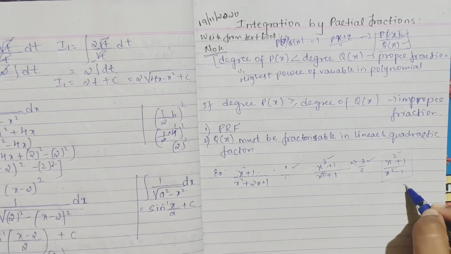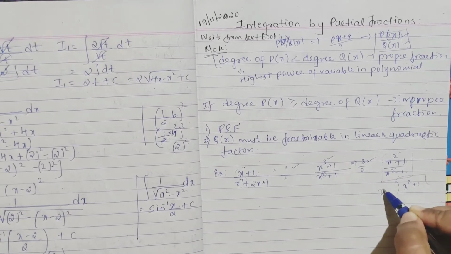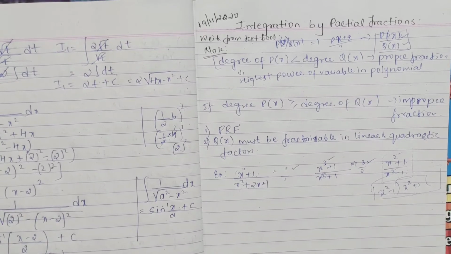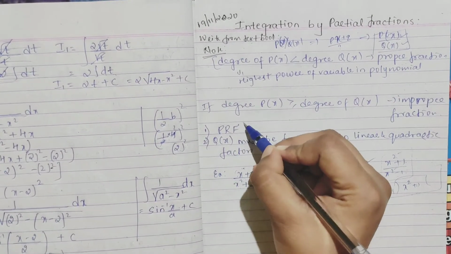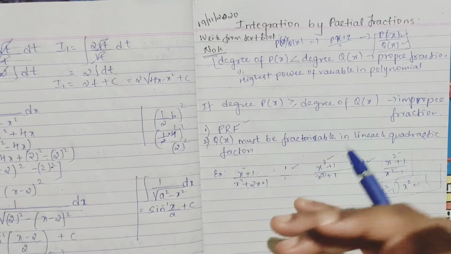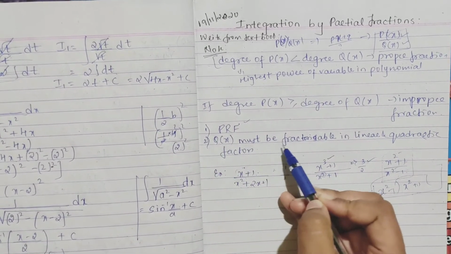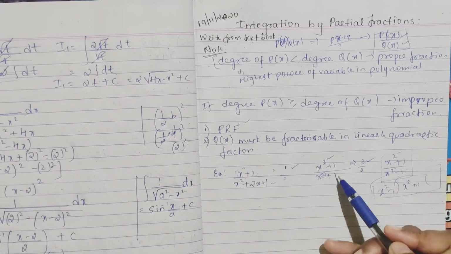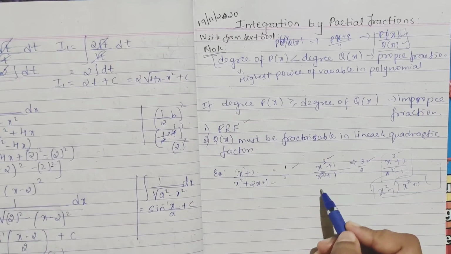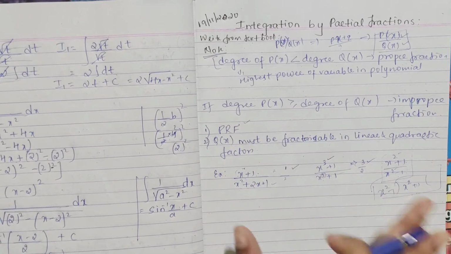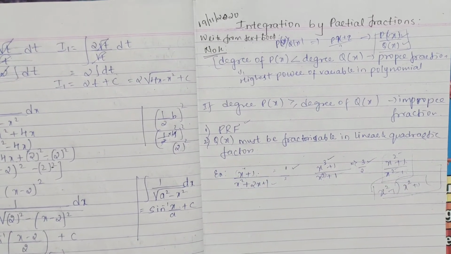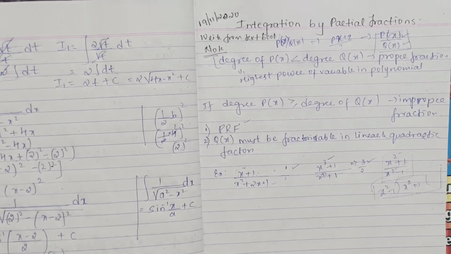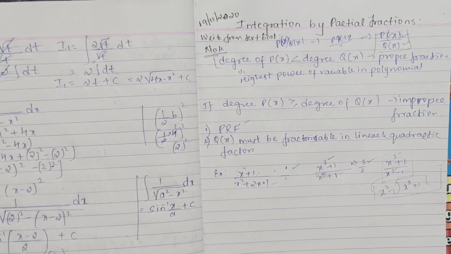You have to do polynomial division, how we do x square plus 1 divided by x square minus 1. You have done it in your SSLC. So before solving, make sure it is a proper rational fraction whenever you are doing partial fractions, and Q(x) must be factorizable, meaning it should be either linear, like x plus 1, or in a quadratic form, so that you can factorize it and integrate it easily. Just keep this in your mind and do the exercise part.